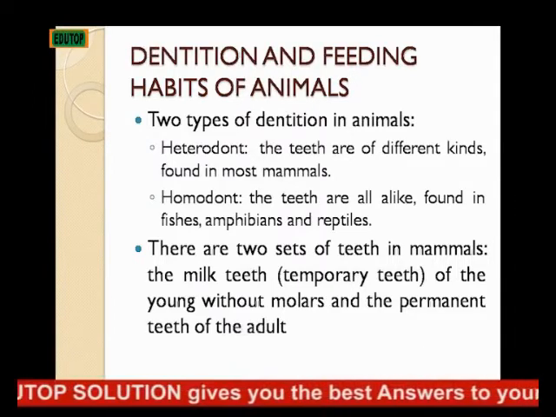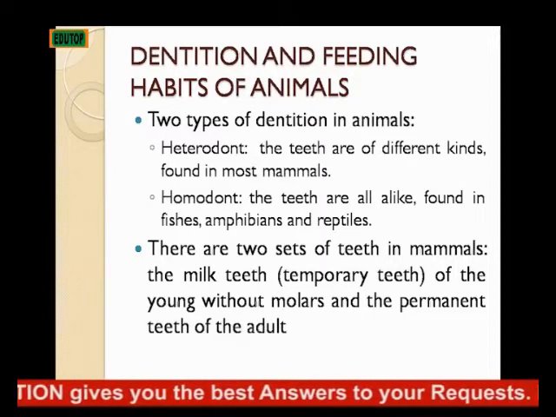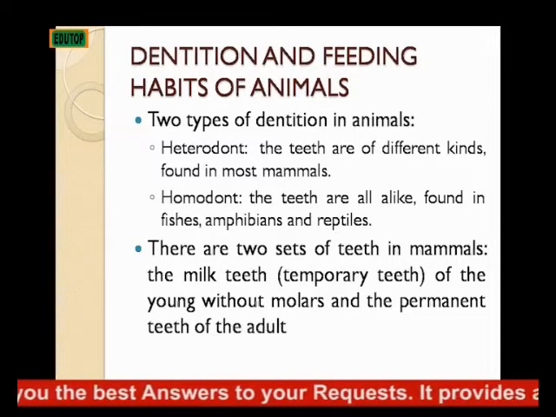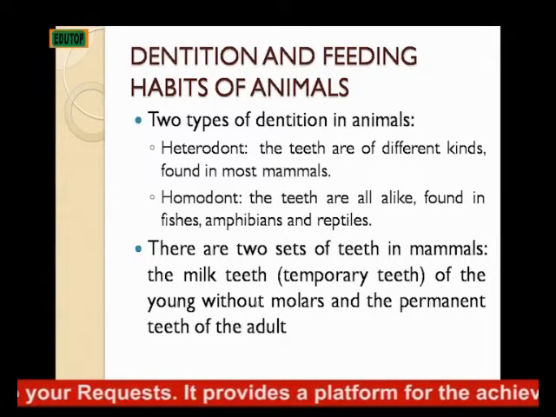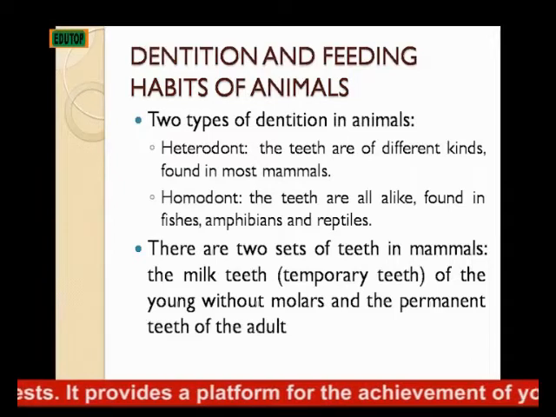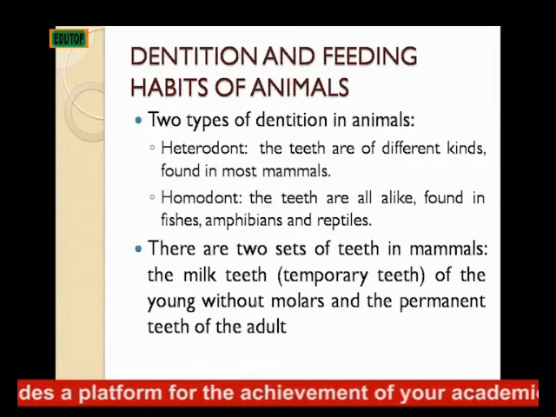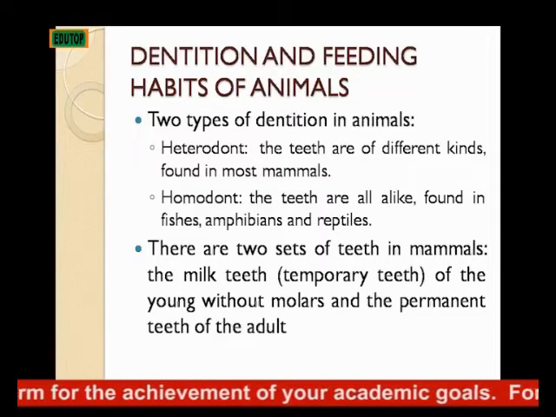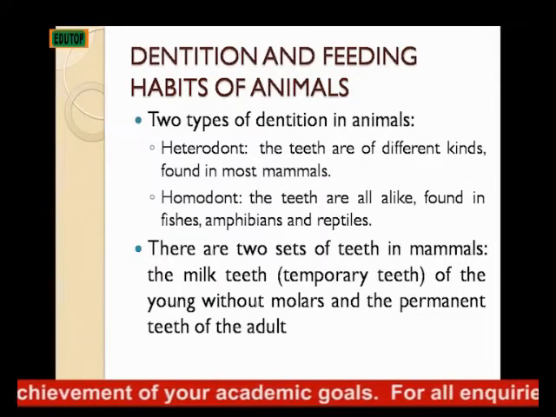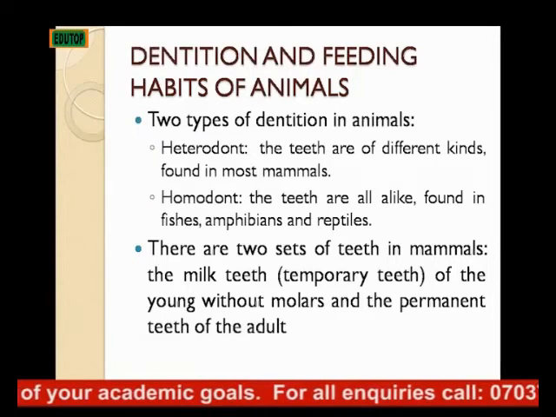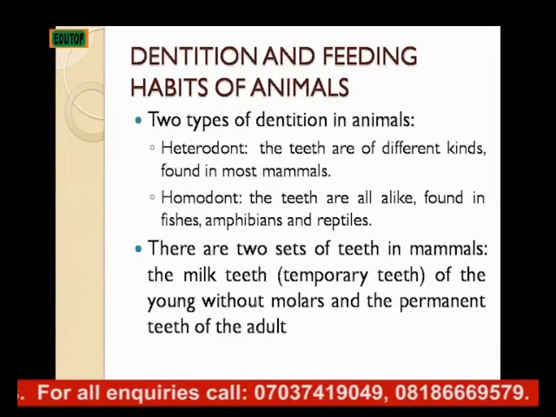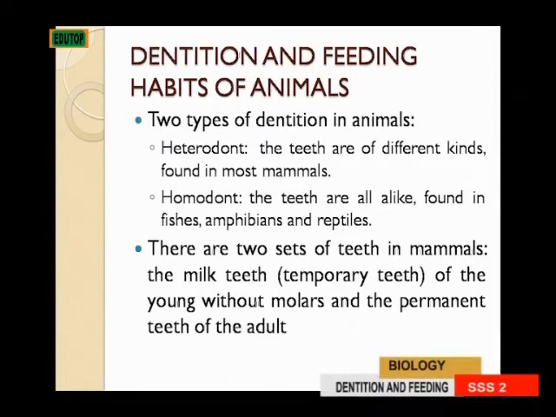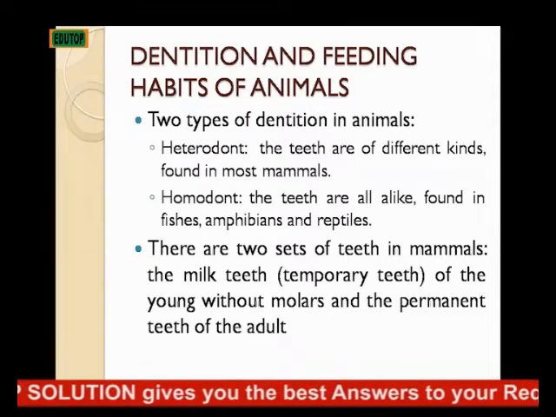The first is the milk teeth or the temporary teeth, which you find in the young ones. This type of teeth, after a while, gets removed because it's not permanent. That's why we call it temporary teeth. It's modified for milk feeding. You know, when you have a young animal, it feeds on milk and on soft food. So this milk teeth is modified for feeding on milk and soft food. It cannot feed on hard food that the adults feed on. So that is why it is called the milk teeth or the temporary teeth, because it doesn't last the whole life of the animal.